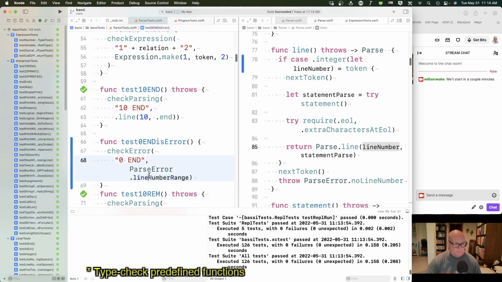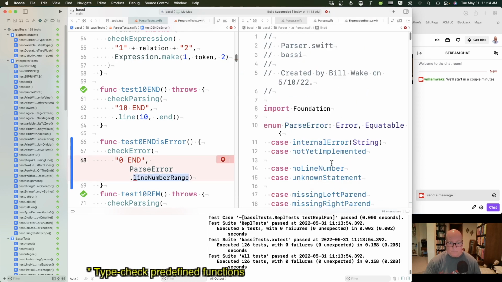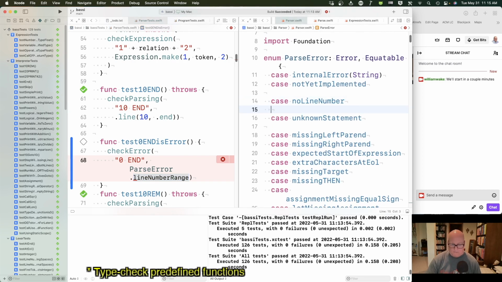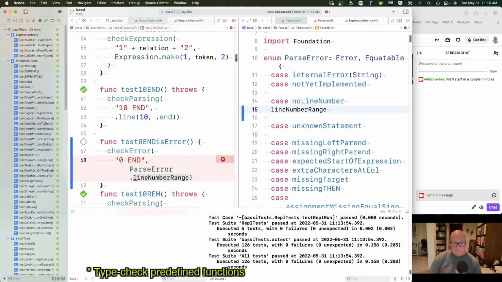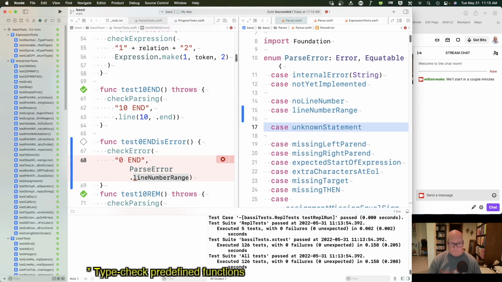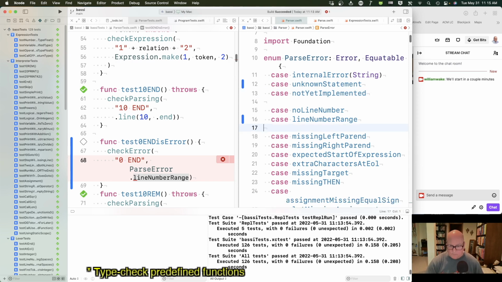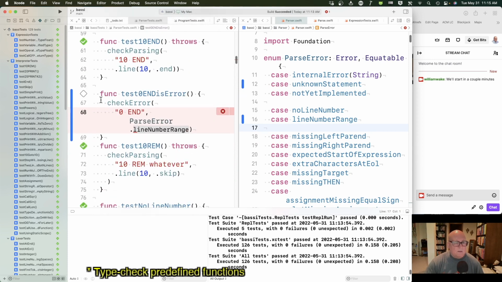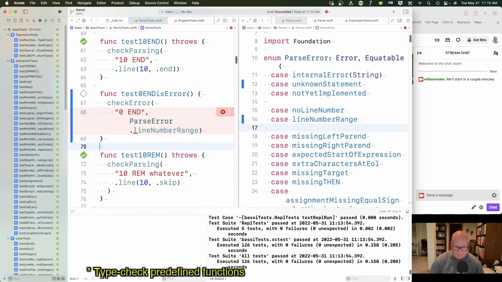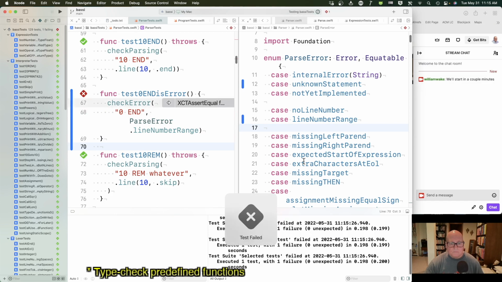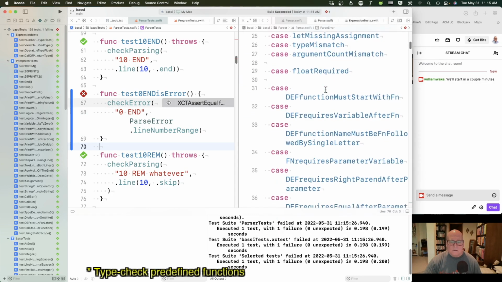Line number range, I'm making that up. Okay, no line number range. This should fail. Okay, and I think